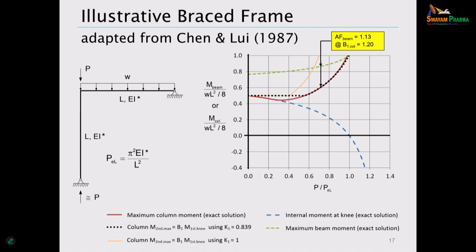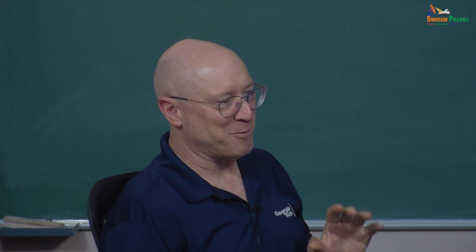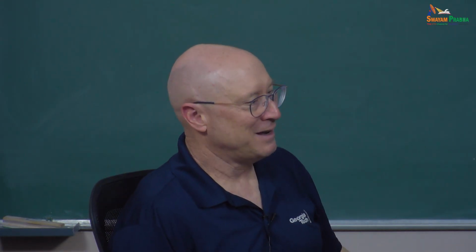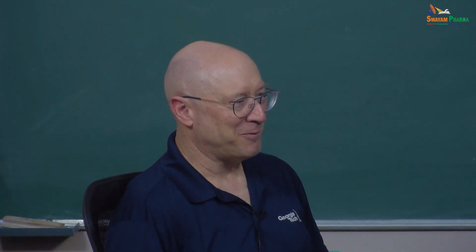The commentary note is you're looking at p-small delta effects. You've got a B1 that gives you a simple amplifier for the p-small delta effects. Is that larger than 1.2? If it is and it's connected to other members, you better start worrying about the frame interaction there and the relative stiffnesses that are going on. I think you'll find that